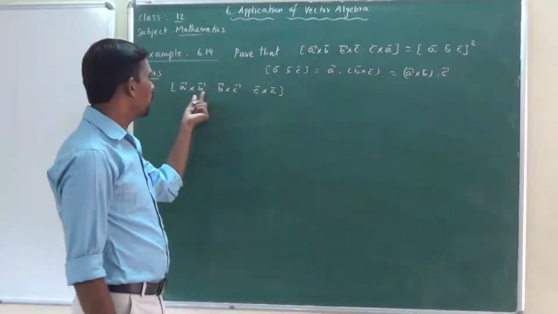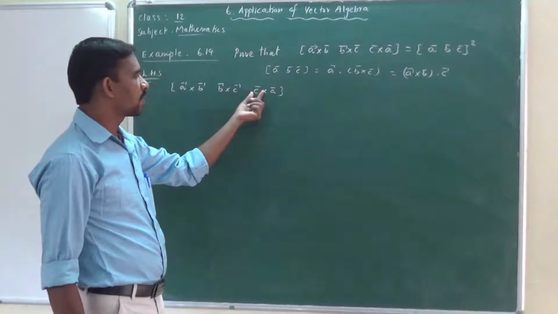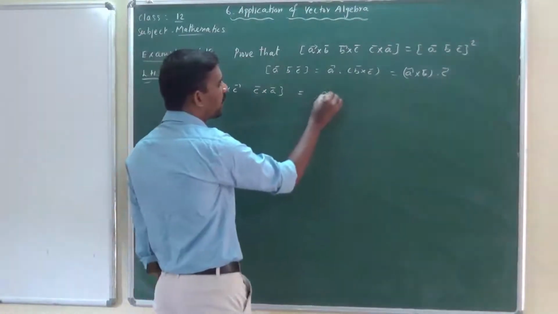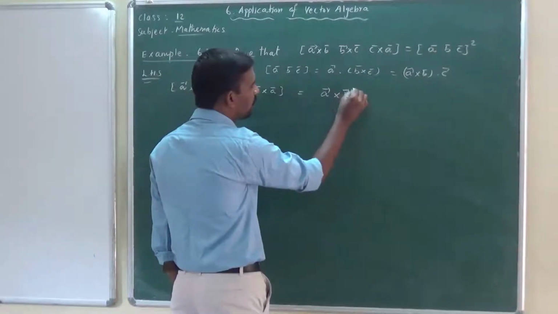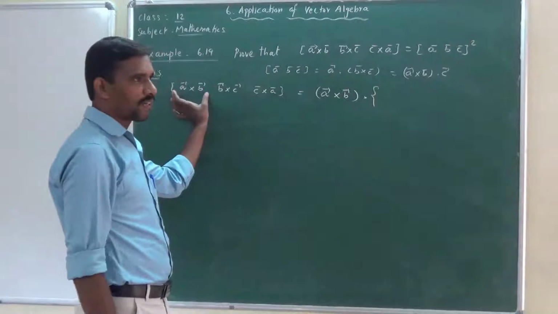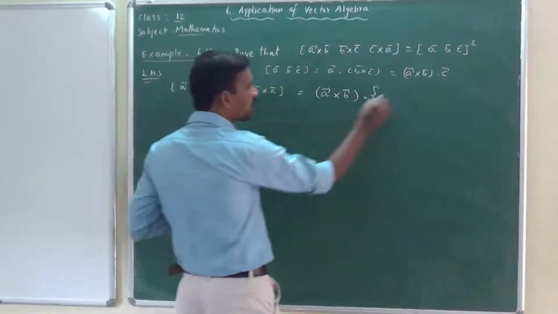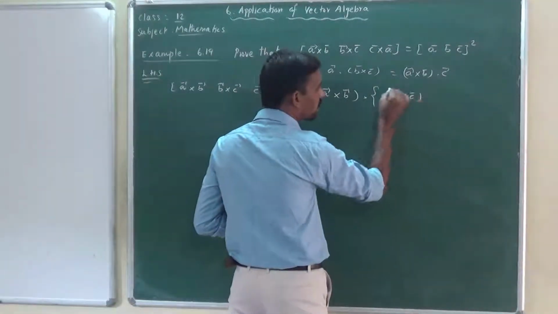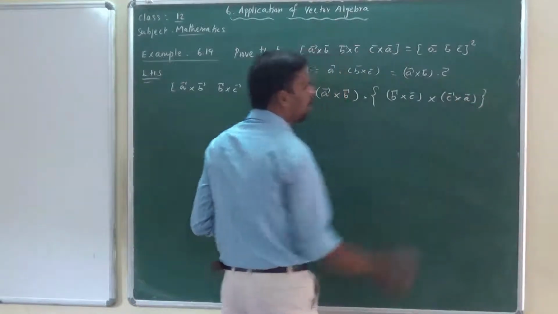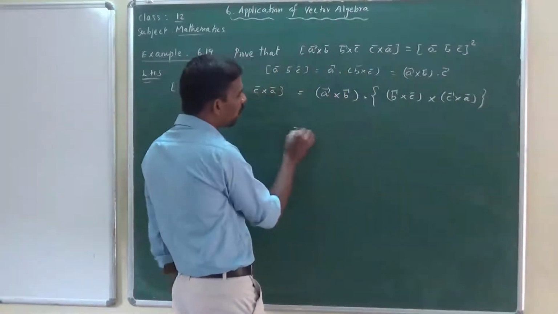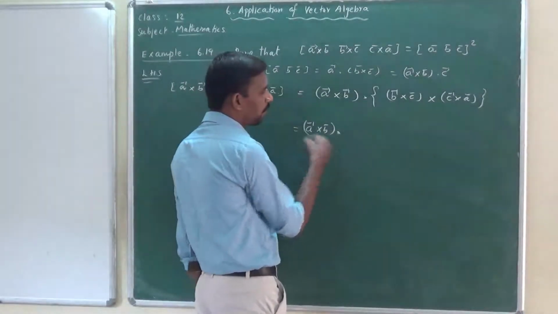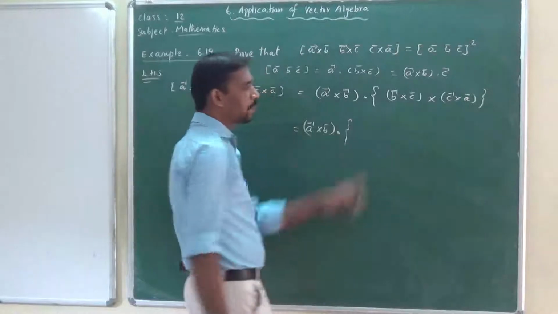So A vector cross B vector, B vector cross C vector, C vector cross A vector is within the box product. So I can write like this: A vector cross B vector dot one. Consider this as one vector, it's dot. Next, we want to take the two vector product: B vector cross C vector, then C vector cross A vector. This is a cross product, right? So you keep as it is A vector cross B vector. There is no change before that. But see inside the bracket.